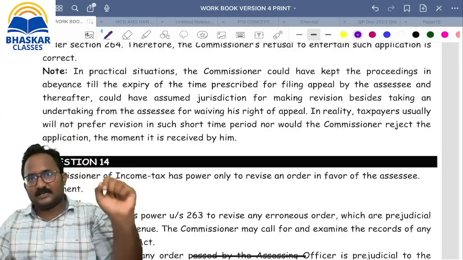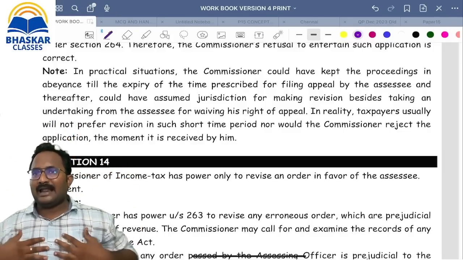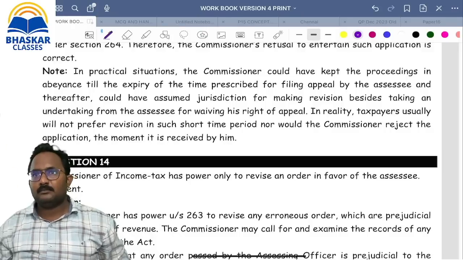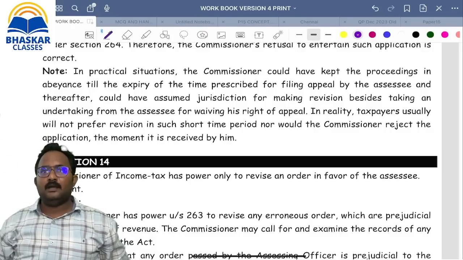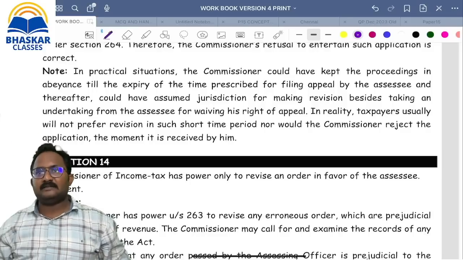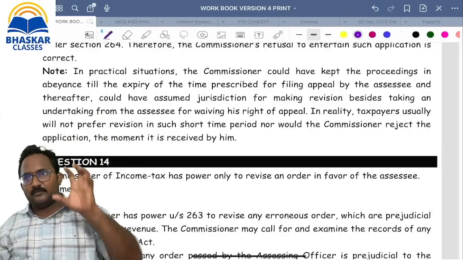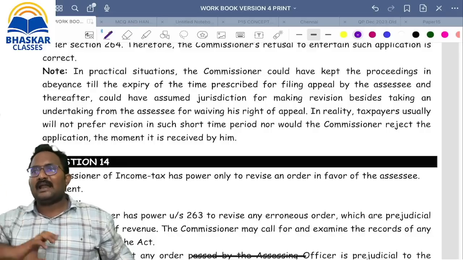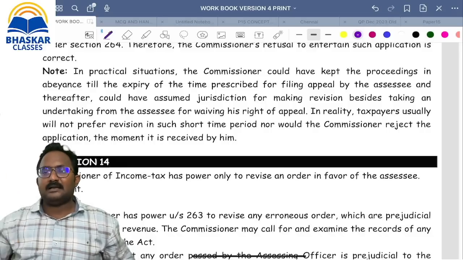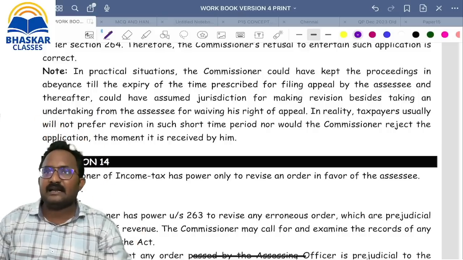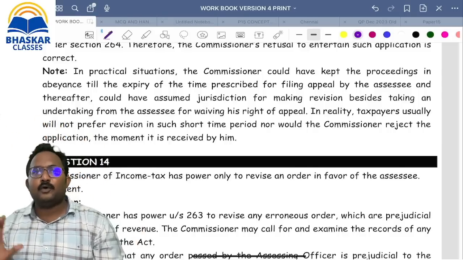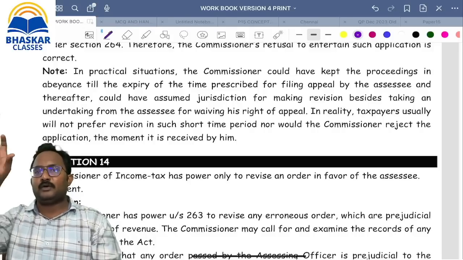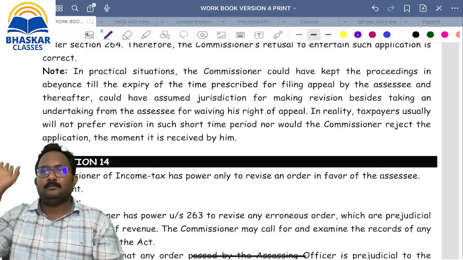Now, one assessment order is there. One part is the subject matter of an appeal, another part is a different matter. Now, can I apply section 263 for the other matter? Yes. What is that? Partial merger. One assessment order is given to the assessee, and within it two matters are there. One matter is going for an appeal. Another matter is silent. Can I apply section 263 for the other matter? Yes, because of the doctrine of partial merger. While coming to 264, it is a total merger. Either you can go for the revision or you can go for the appeal.